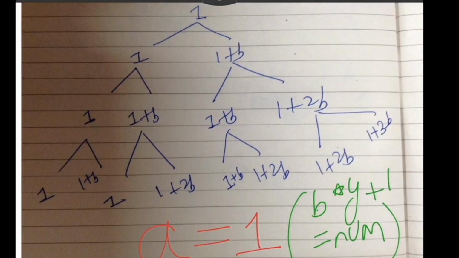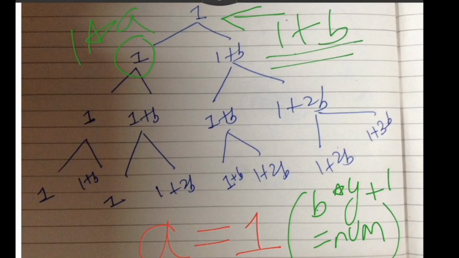So when a equal to 1, initially we will have 1, then we will do 1 into a to get 1, and then 1 plus b, because we will be adding b. These are all the elements that will get generated when a equal to 1. And you can notice that every number here would be of the format 1 plus b into y. You can see the structure, right? So we'll be doing 1 into a here to get 1, and we will be doing 1 plus b here to get 1 plus b.